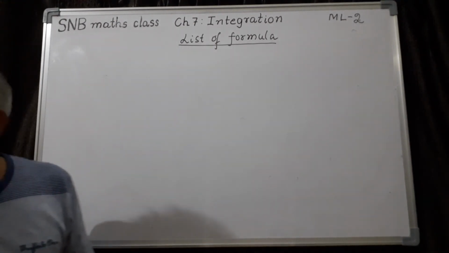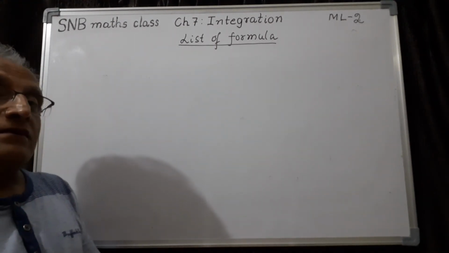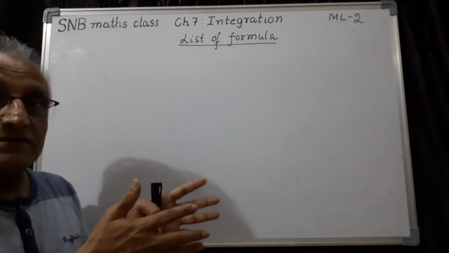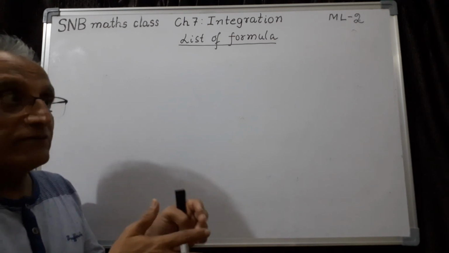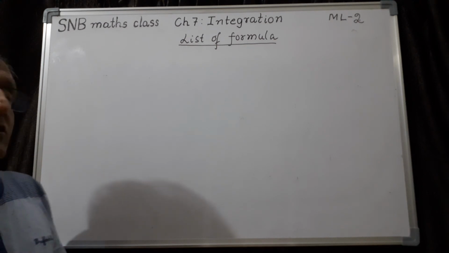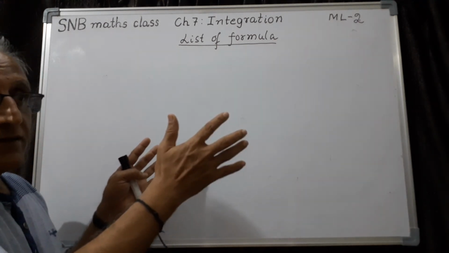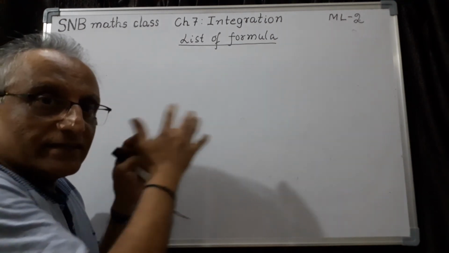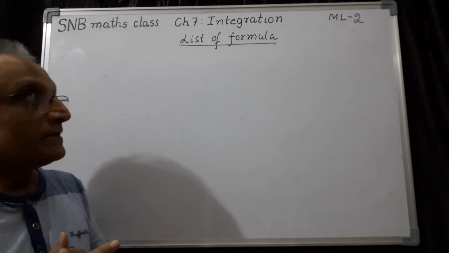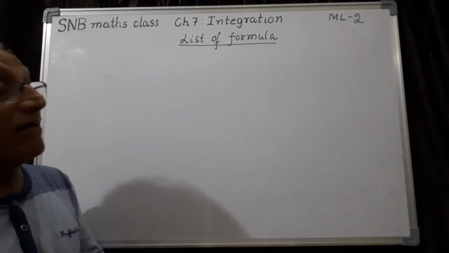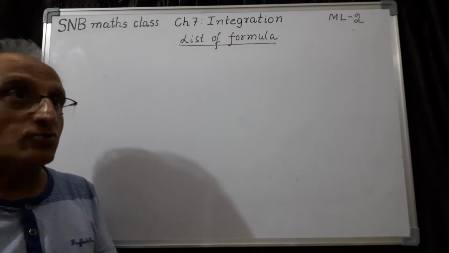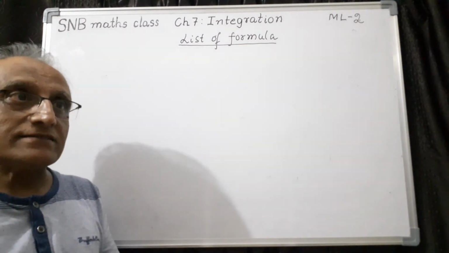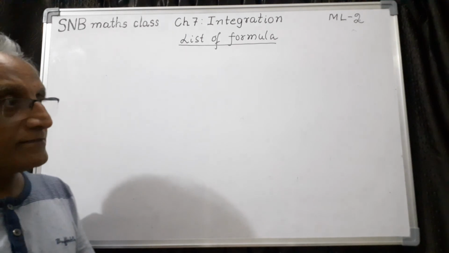That is, first we defined what the integral function is. It is the reverse process of differentiation. And we started deriving the formula, taking the derivative as the base, then we constructed the integral formula. So in the beginning what you have to do is take all the formulas. First you take the function derivatives, then write the corresponding integral formula, so that it is easy to remember. Then in the next class we shall start algebra of integration. For example, addition rule, subtraction rule, then the constant, that is the scalar multiplication rule, etc. So let us start the process of integration in the next class.